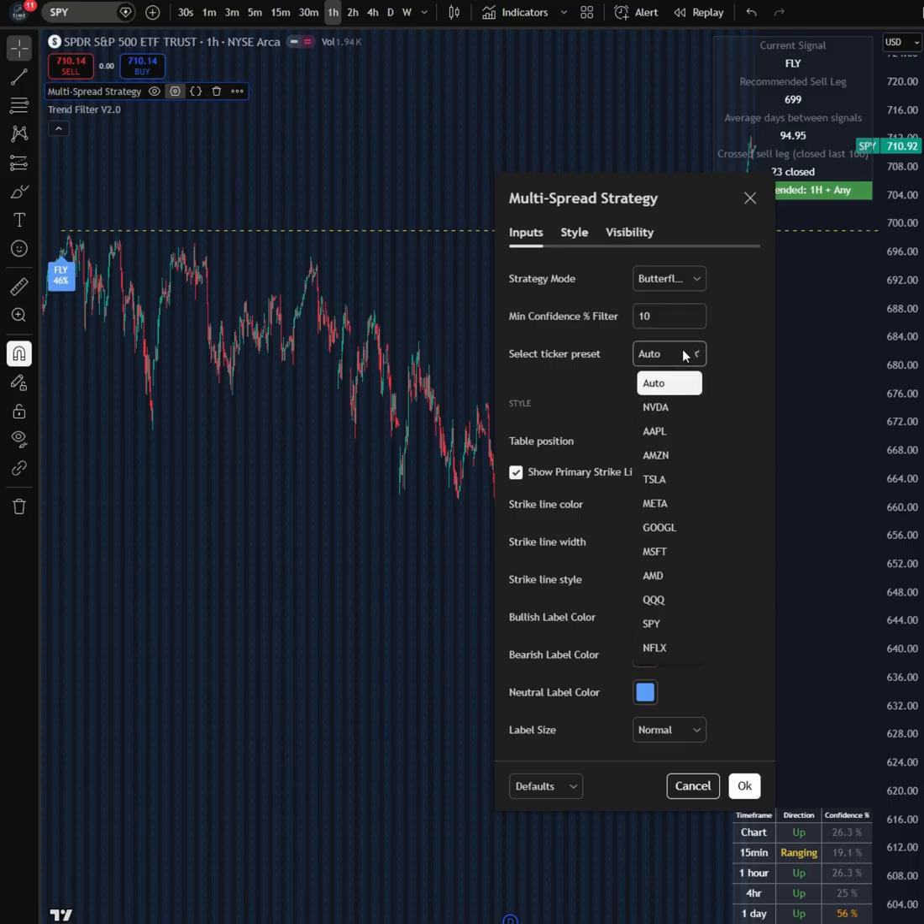Just like before too, you can select presets for different tickers like I have here, or you can just do auto. These different tickers are more fine-tuned to give you better results, but auto is just as good too. But again, the individual tickers will fine-tune it, and you'll see just slightly